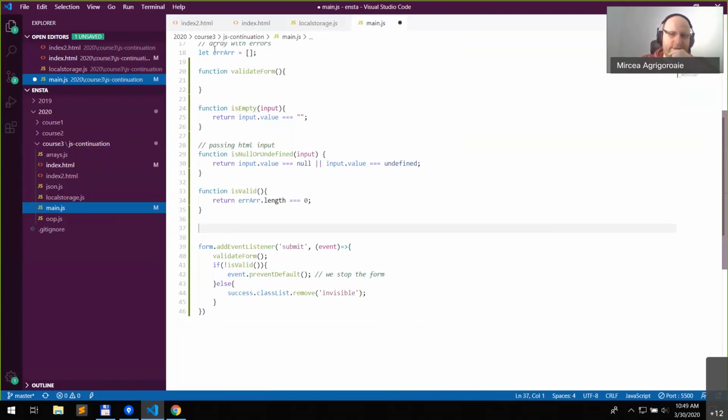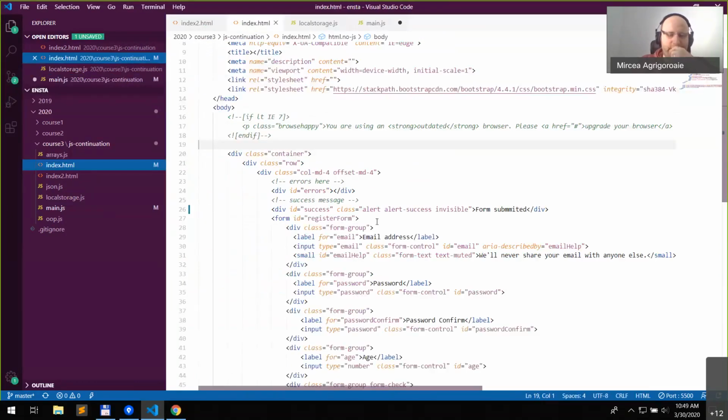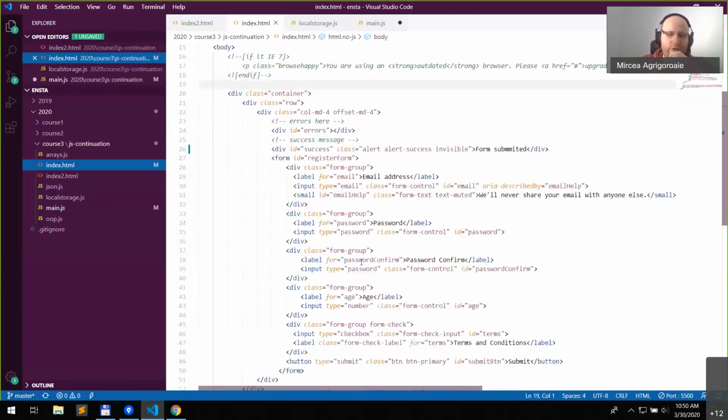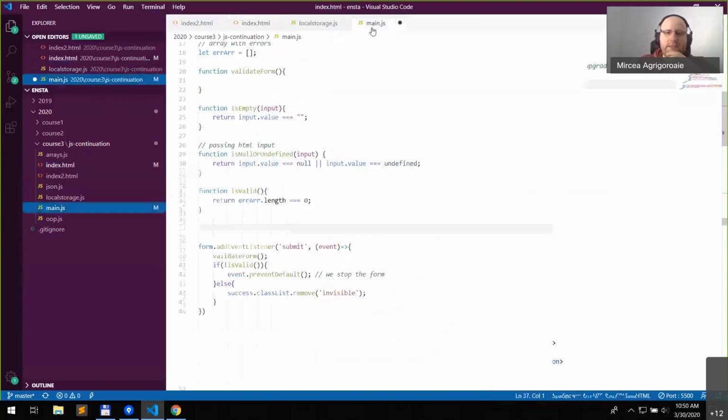Okay. So let's look at what type of inputs that we have. We have email address, so we need to validate for email. We have password, we need to validate for length, right? For all of these inputs, we need to validate for the fact that the input is not null or undefined or empty. We have a checkbox that we need to see if it's checked, and we also have an age that we also need to, I don't know, maybe check if the person is old enough. Maybe we're doing that kind of website. So okay,